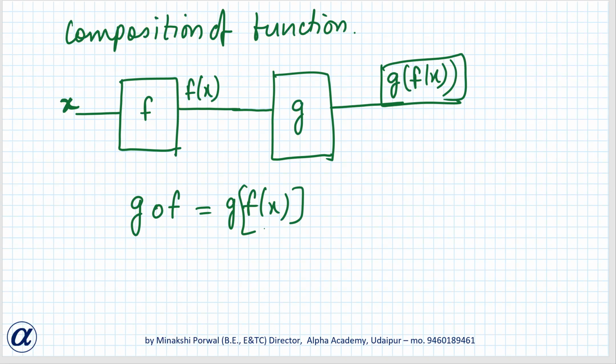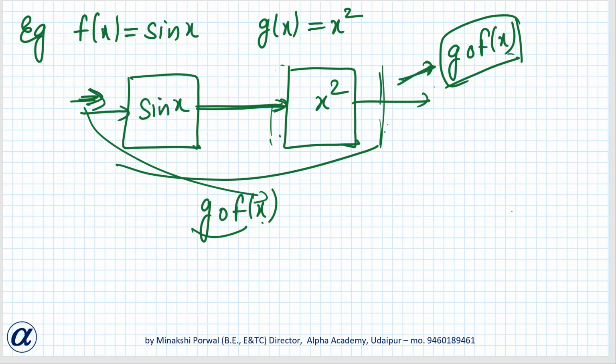Let me give you a simple example. Or let us start the question now. Actually, what happens if there is a composition of function, a g of f or f of g function? If f(x) is continuous and g(x) is continuous, then their composition of function will also be continuous.